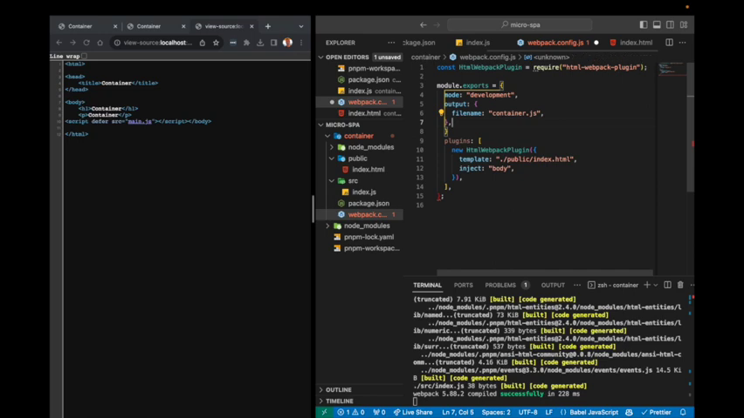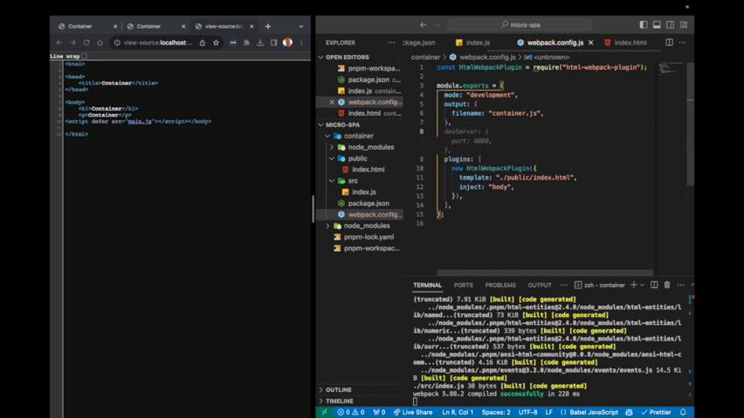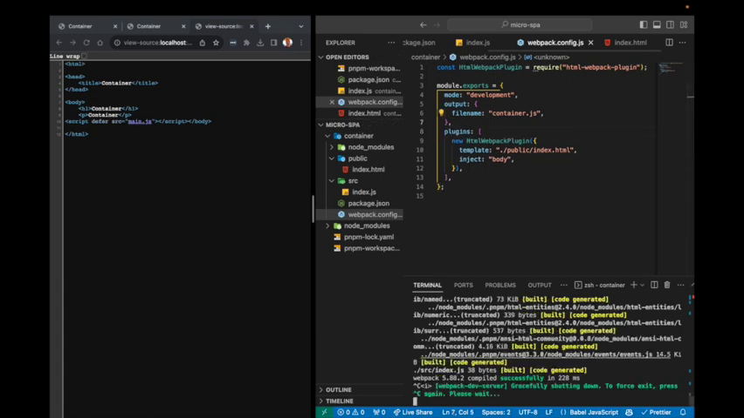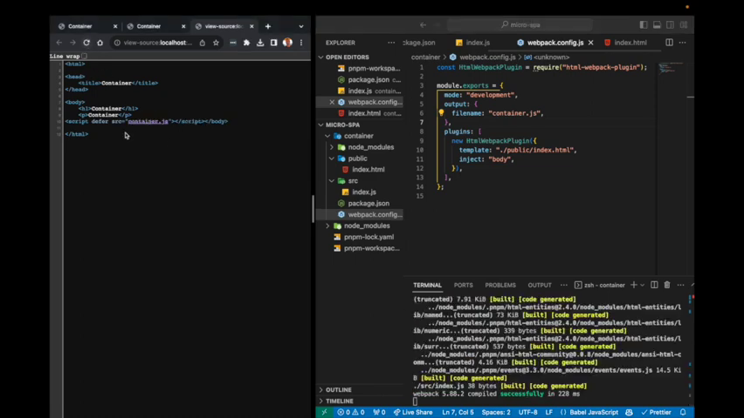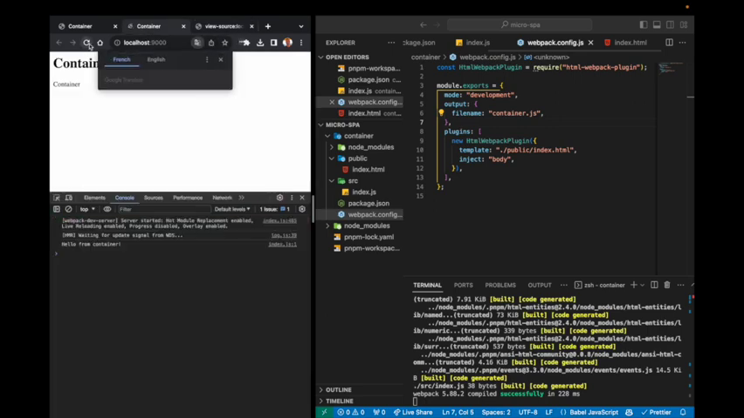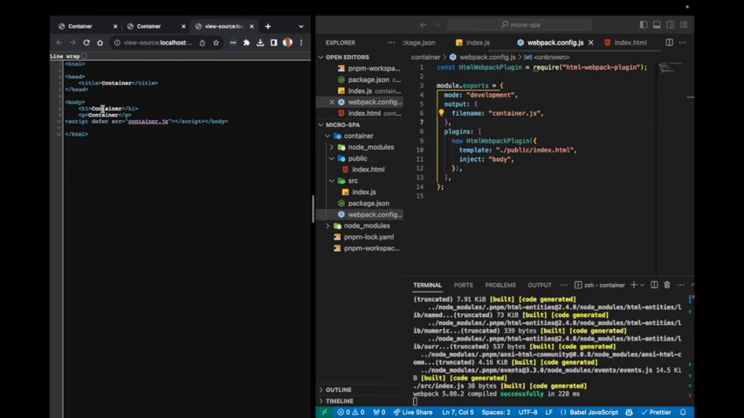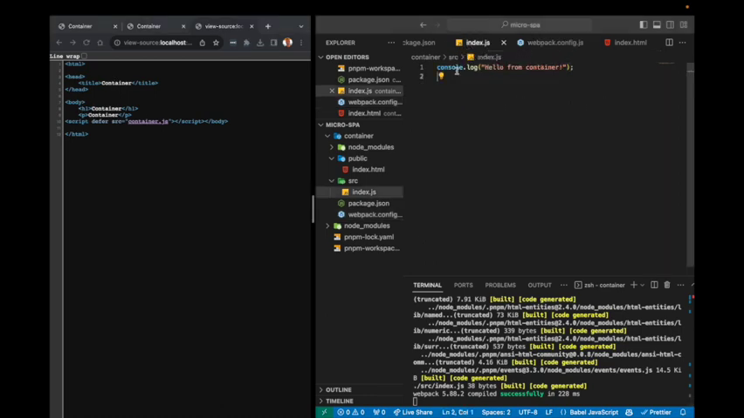Okay, and after doing this, if I reload Webpack and I reload the source, now the file is called container.js, and if I go to the page, I can still see the static content of the page. And this is where I want to start generating the content dynamically. So instead of